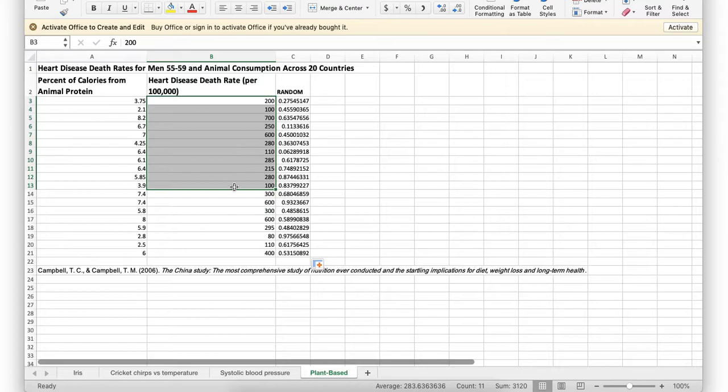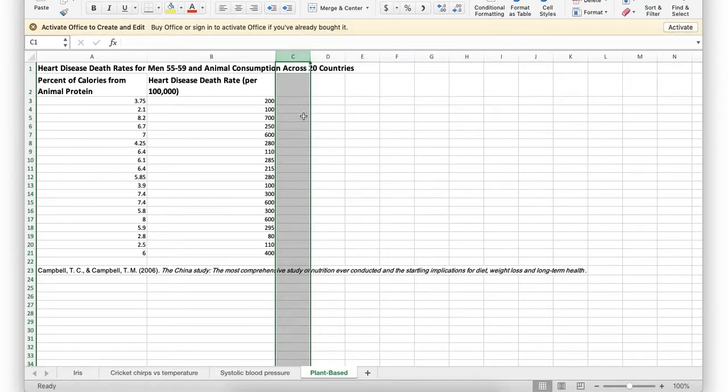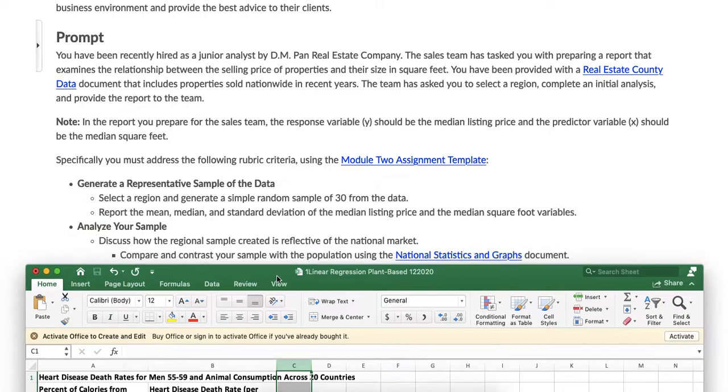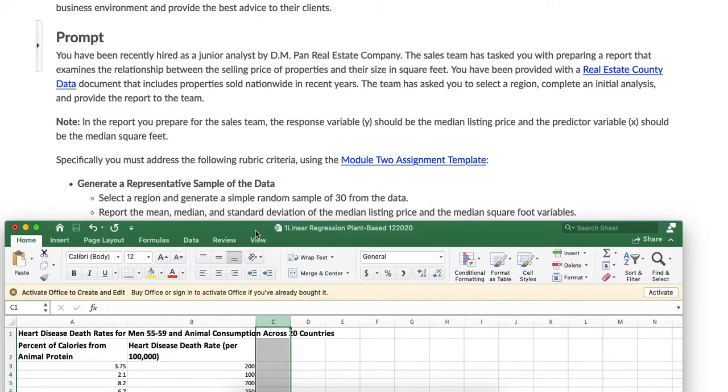one of the variables, and you can see the count here is 11. So you'll want that to go up to 30. Of course, I have a smaller data set, so you won't want to do that. So now I'm going to clear that column out, and then you'll notice you're asked to get the mean, median,